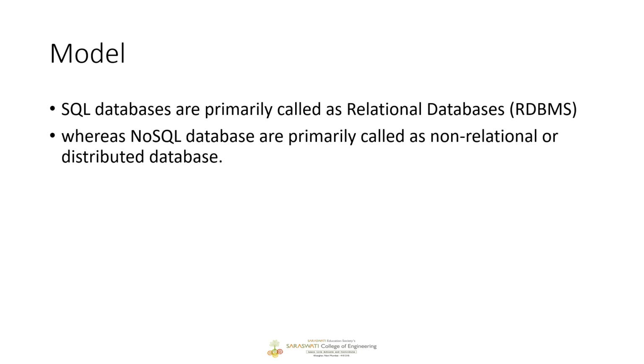Let's say the second column is ID, the data type is integer, and it is the primary key. That means all the values in this column will be of data type integer, and none of the values can be repeated because it is a primary key column. The third is address. Address can be varchar, so it will accept characters and a mix of integers and characters. So a relational database means that all the columns follow the domain constraints strictly, while NoSQL databases don't have any such constraint. Any column can have any value.